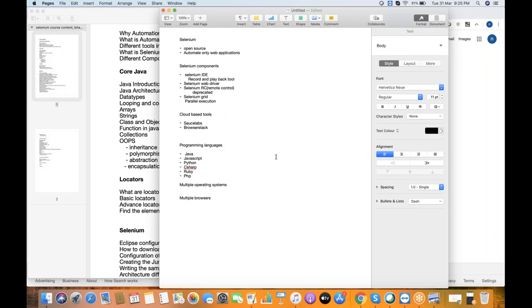To control the speed of execution, how fast the test case runs in the browser, there is something called synchronization. There are various wait mechanisms like implicit wait, explicit wait, fluent wait. That comes under synchronization. As JavaScript is asynchronous, sometimes it is difficult to handle that part if we are using Selenium Java. Sometimes, not all the time.